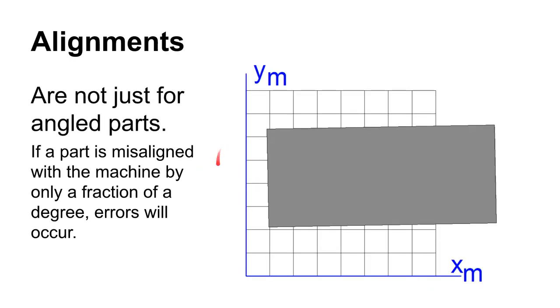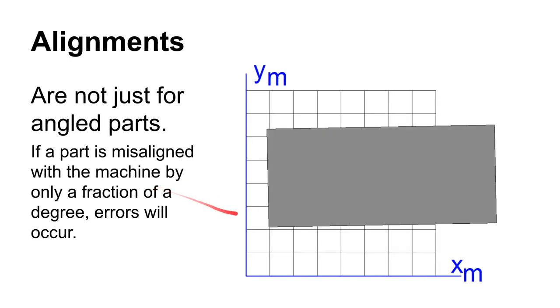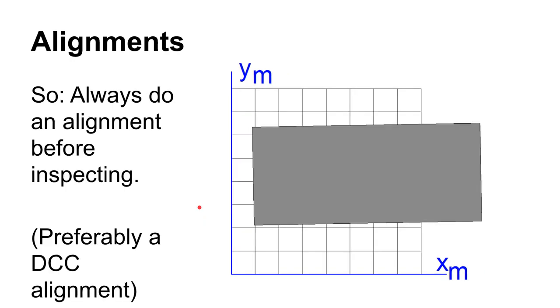All right, and so you'll use alignments not just for obviously crooked parts like this, but you'll actually set your part in the CMM, and when you load your part in the CMM, there's no guarantee. In fact, there's a guarantee that it's not exactly perfect. Okay, that part is guaranteed. But so you have to actually probe the physical part and align the reference frame to the actual physical part. And the way you want to do that should mimic the datum reference frame as it is spelled out on the GD&T in the drawing.